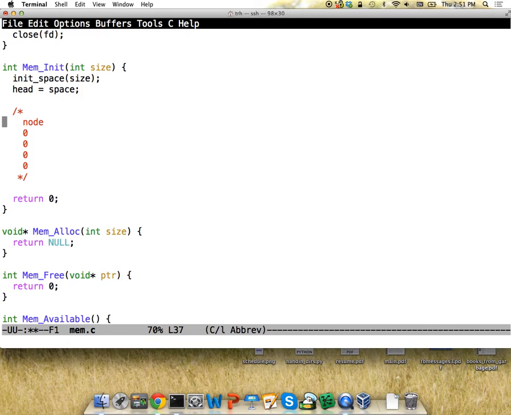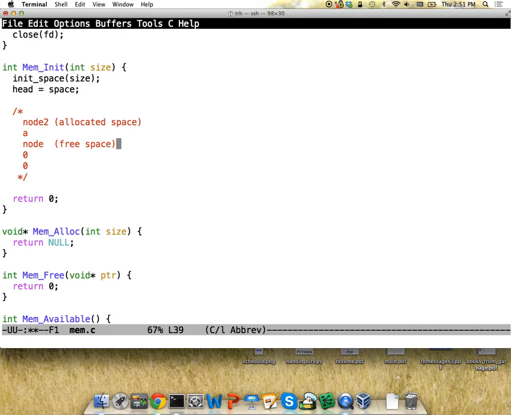So let's say I allocated something, I might have a node 2 here, and we'll say that this is allocated, and then I might have to make another node here. So this node might keep track of free space, and this one might be keeping track of allocated space. Does that make sense? So basically you have all this area and you have to carve out from it